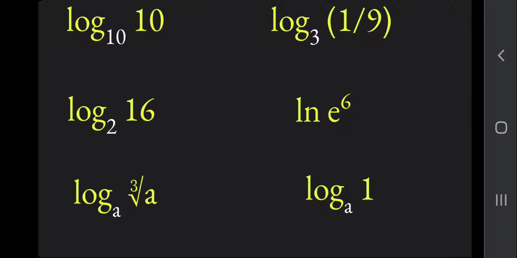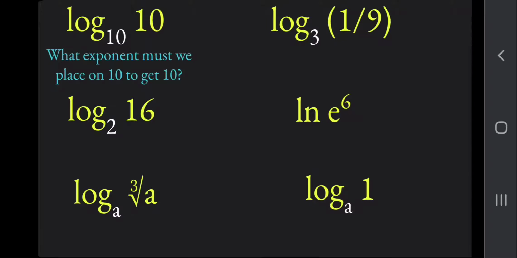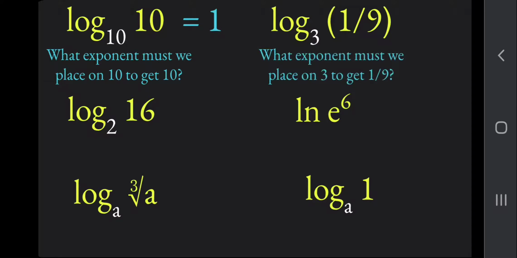So let's play around with this a little bit. In the upper left corner, we have log base 10 of 10. So the question to ask yourself is, what exponent must we place on 10 in order to get 10 itself? Well, clearly 10 to the first power is 10, and so that's why log base 10 of 10 is 1. In the upper right, we have log base 3 of 1/9. Well, we know 3 squared is 9, but this is 1 over 9, so it would be like 1 over 3 squared, or in other words, 3 to the negative 2 power. And so the exponent we have to place on the 3 to get 1/9,